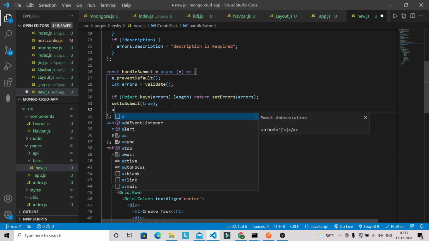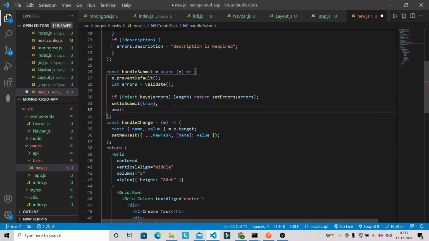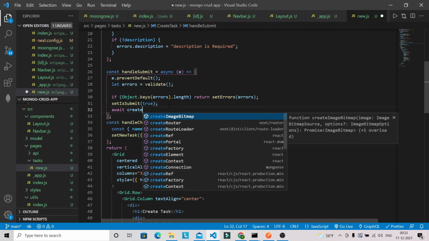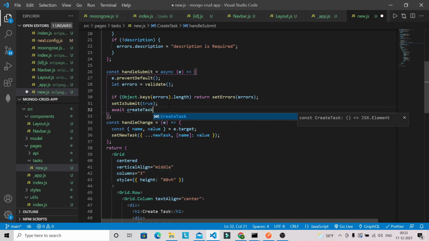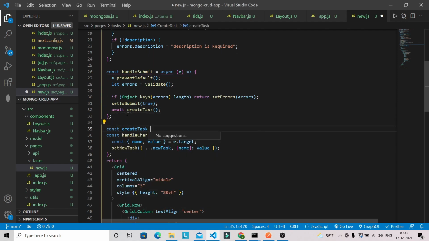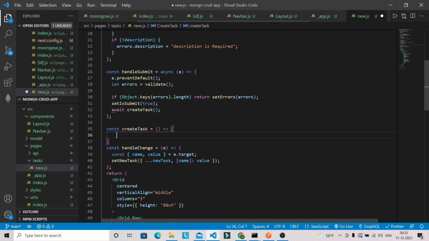And we can just here do await, and we can create our task. So we have to define this function, which is basically responsible for making the post request. So let's create this function. So const create, and this will be async only, because here we are going to make an API request.